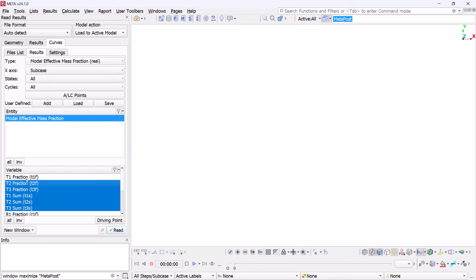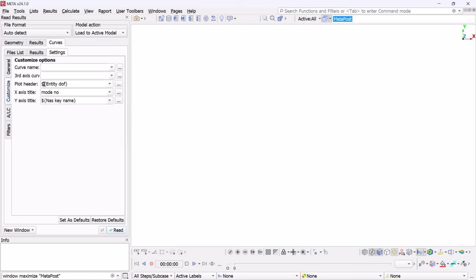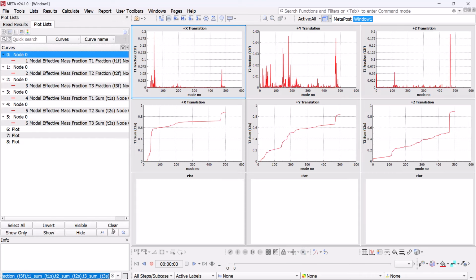Only the translational degrees of freedom will be selected, and from the Settings tab, the option of 1 curve per plot will be selected. The plot description is defined accordingly. Plotting the modal effective mass fraction and examining their cumulative sum can indicate whether the selected frequency range for normal mode analysis captures the entire model mass.